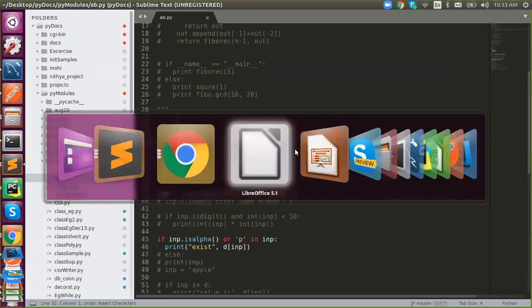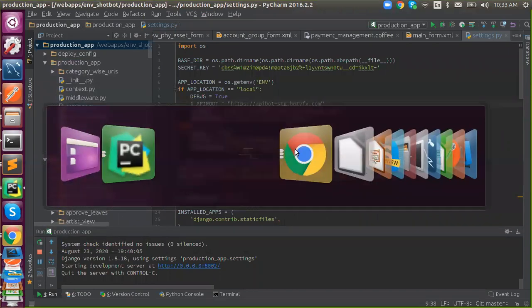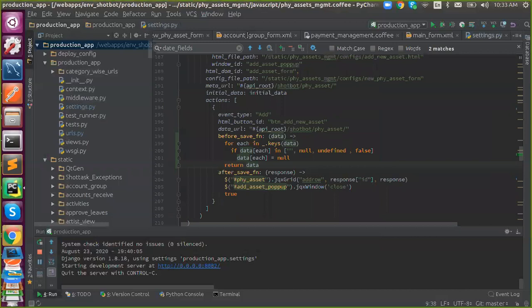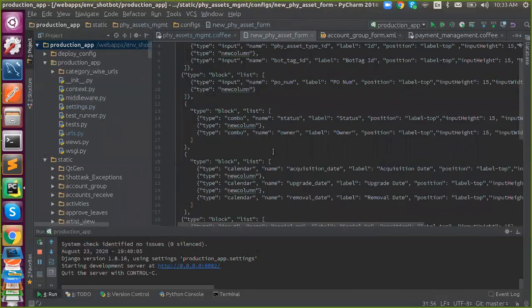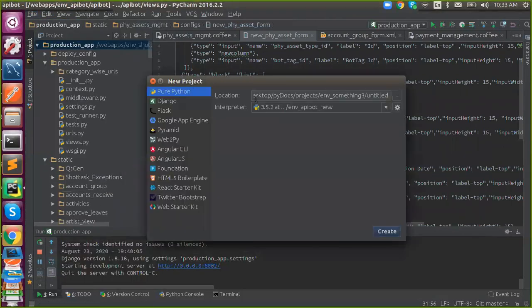And the next thing is PyCharm. Okay, let's see what PyCharm is. PyCharm is one of the major IDEs for Python, and with the help of PyCharm, we can develop and maintain complete Python projects. The way to utilize it is File, New Project, and it will be created in a certain folder wherever you want to create it. It's a dedicated folder.